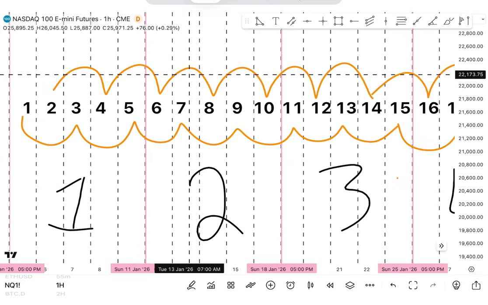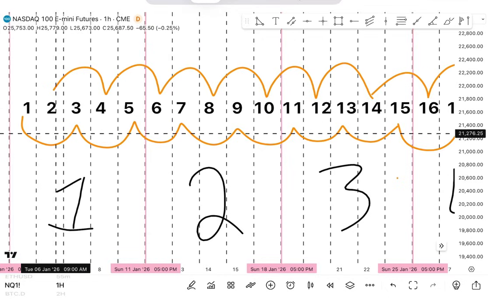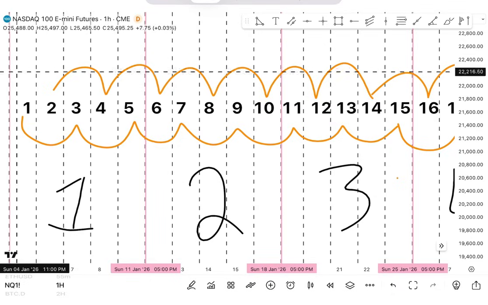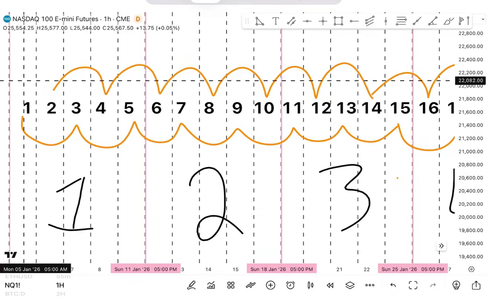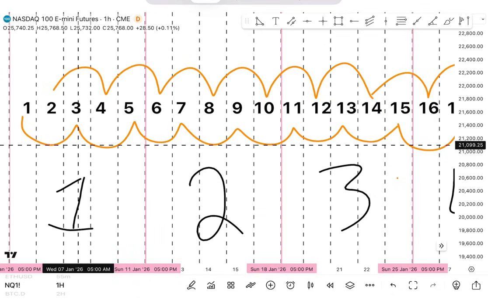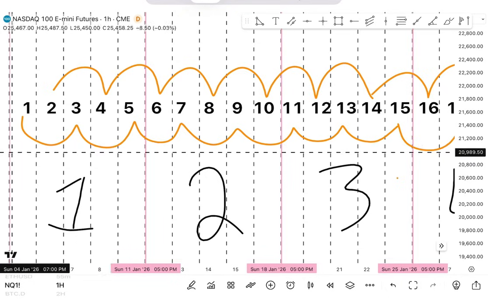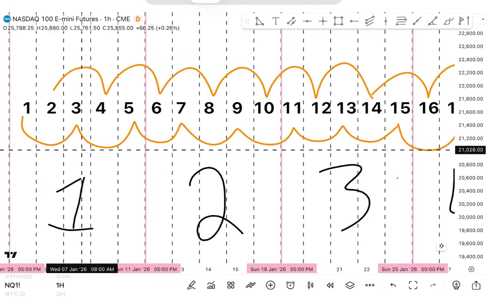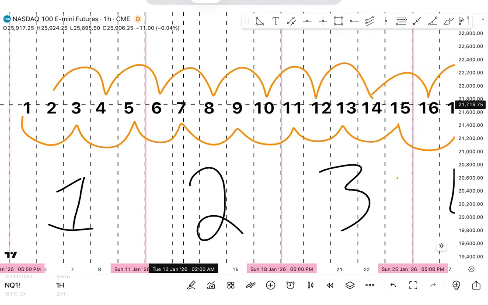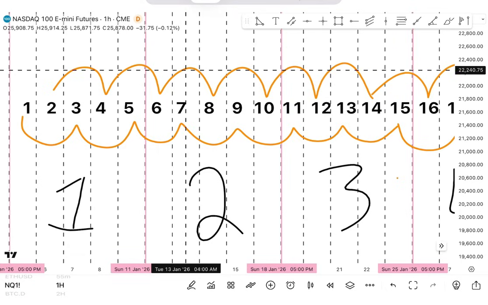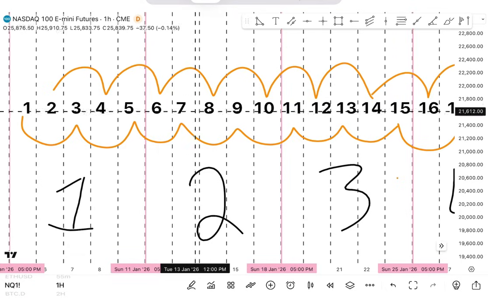So we can say if it puts in a peak high on a 1, it may be that it's dominated by a peak high and low, and it comes back in the third. We can say that this one right here, that week in itself, is an odd dominated week. And in my next week, if it comes in and puts it in on the second bar or the fourth